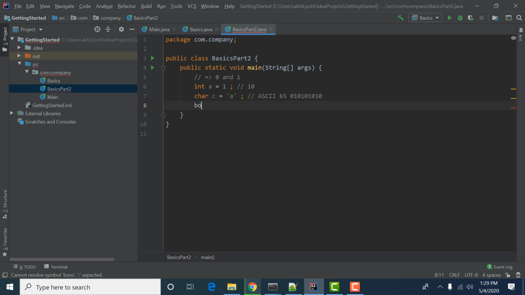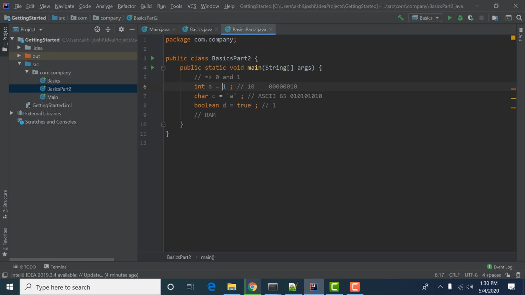For example, if we take boolean d which is true, our computer will understand it as a 1 or 0. What this helps us understand is that in our RAM, our random access memory, this integer will hold a memory of 8 bits.